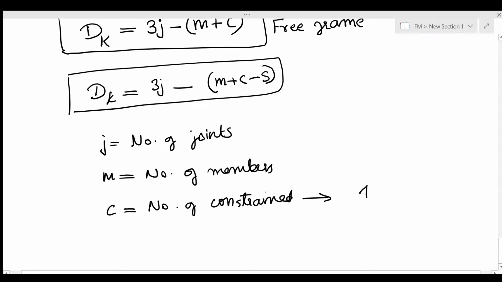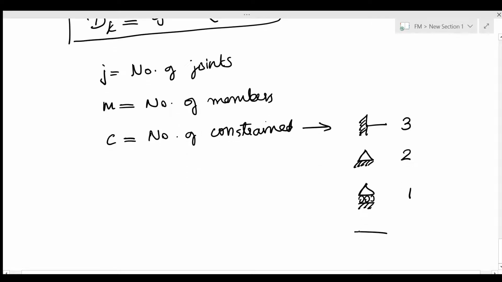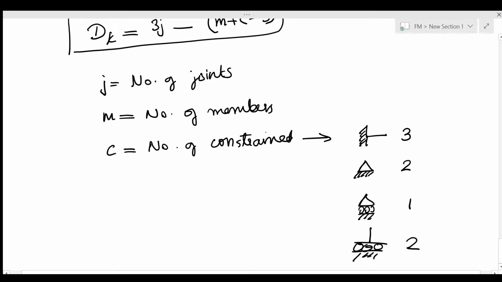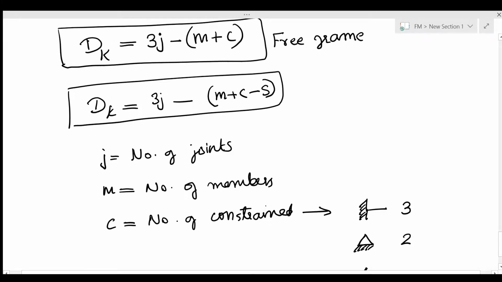That is, for a fixed support, we have 3 constraints. For a hinged support, we have 2 constraints. For a roller support, we have 1 constraint. I think you got it. And for a sliding support, we have 2 constraints. So these are the constraints or number of reactions of the supports. So by knowing this c, m and j, we can calculate the degree of freedom for a free